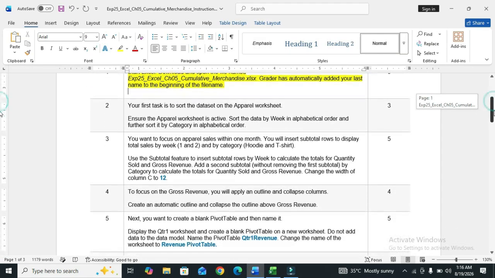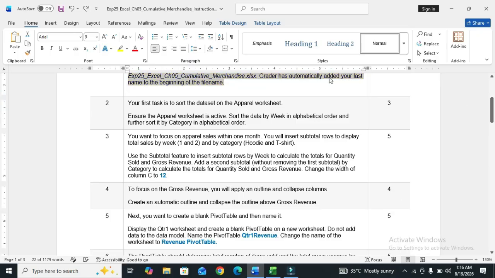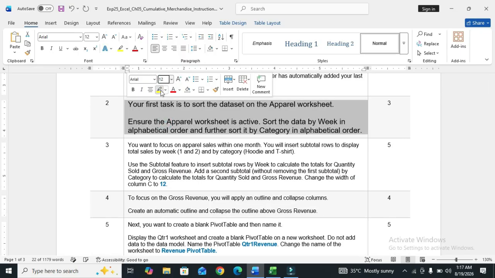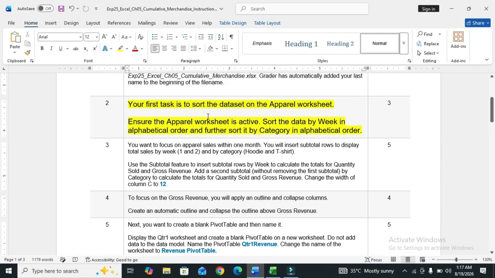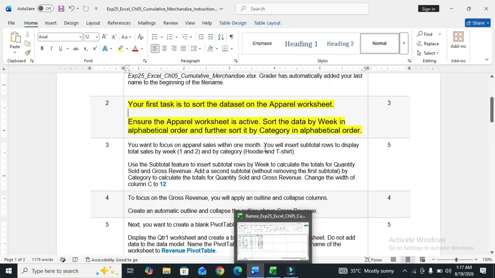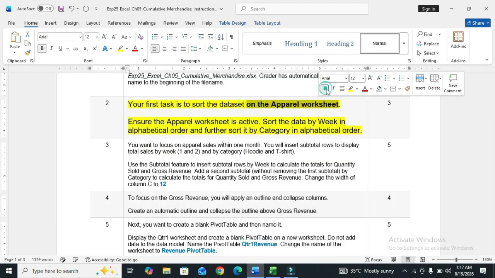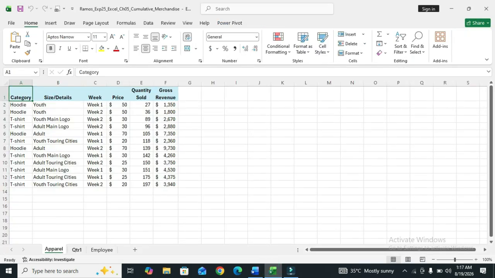So move to step number 2. Step number 2 is, your first task is to sort the dataset on the Appearance worksheet. So sort the data on the Appearance worksheet.